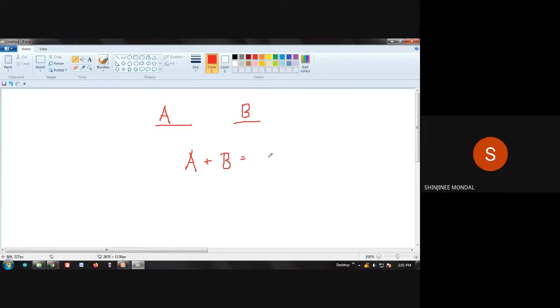Both have to be complex numbers. Both are complex numbers; this is the obvious given condition. The answer is that A and B must be represented in the Cartesian form. Then only you can add the real parts and you can add the imaginary parts, as your friend already said.